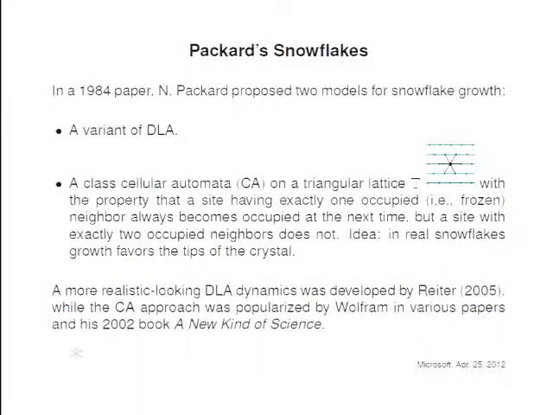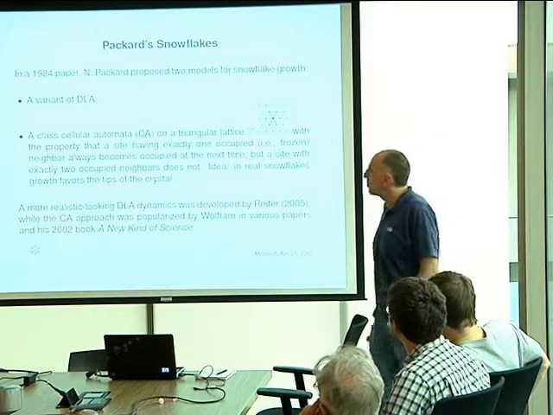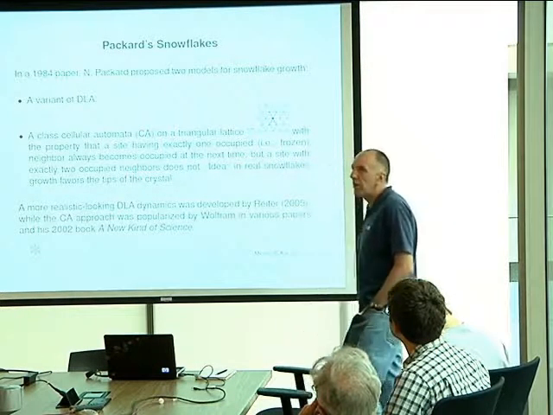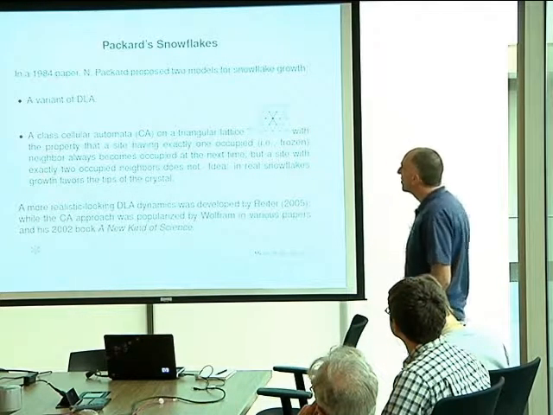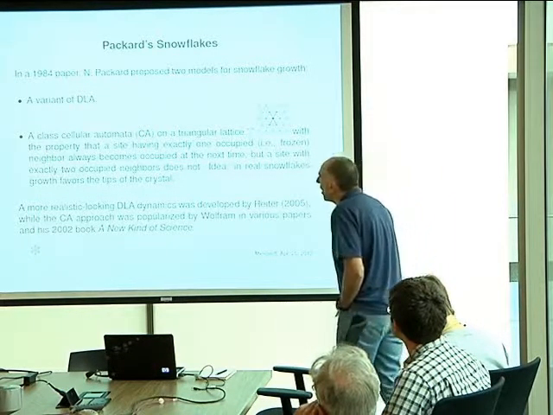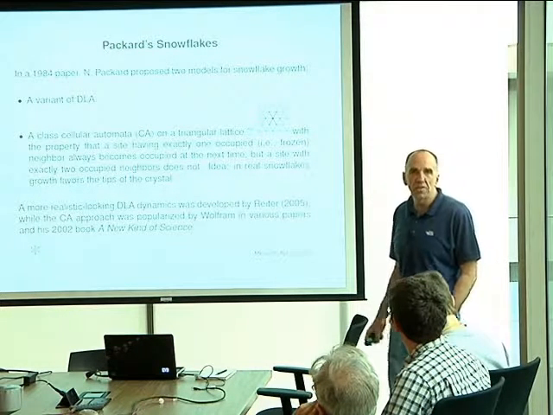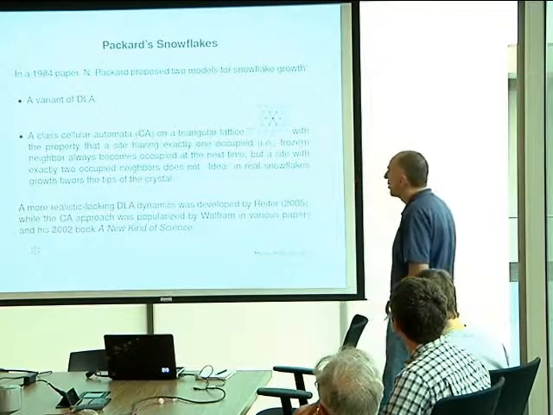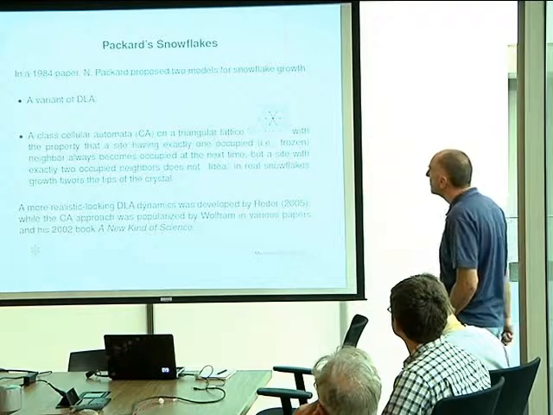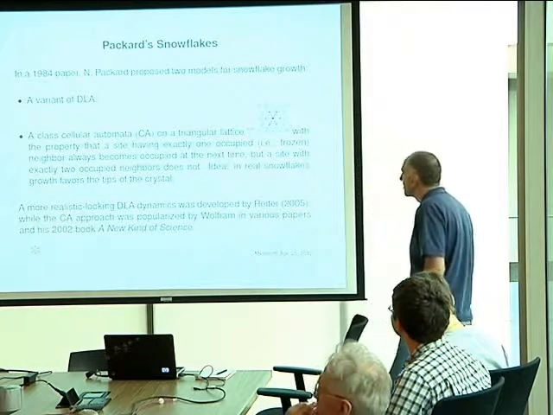All right. So the work that we did is really a successor of a small and obscure paper by one of the pioneers of the field of complexity and chaos, Norman Packard, who wrote just maybe a 5-6 page paper in 1984, where he proposed two models for snowflake growth. One is a variant of the diffusion limited aggregation that I just described, and another is a class of cellular automata on a triangular lattice T, and that's the triangular lattice, for those of you who don't know it, but I presume many of you do,